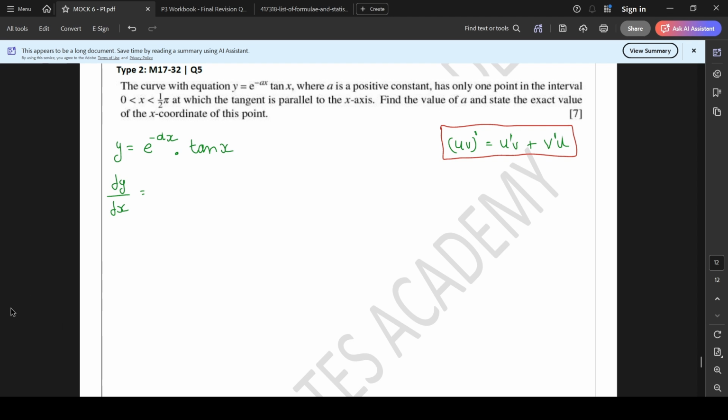So if I implement this, if I differentiate this, it will become minus a e to the power of minus ax, keeping tan x as it is. And then the differentiation of tan x is sec squared x, and along with that, I need to keep the u term as it is, as you can see in the formula. So e to the power of minus ax times sec squared x. Now I know that dy/dx has to be equal to 0 for the tangent being parallel